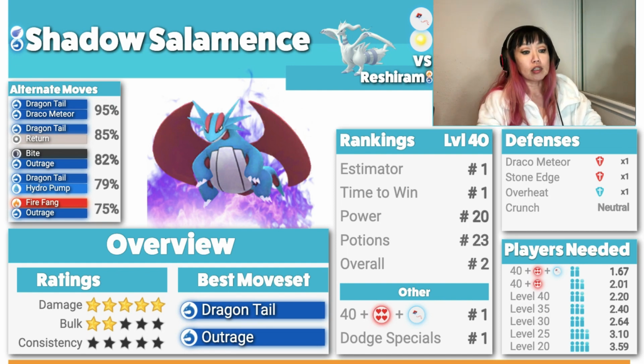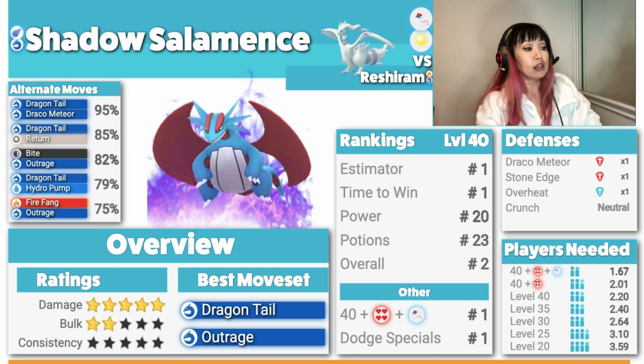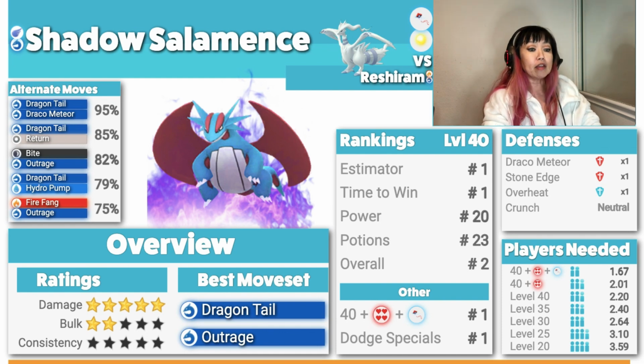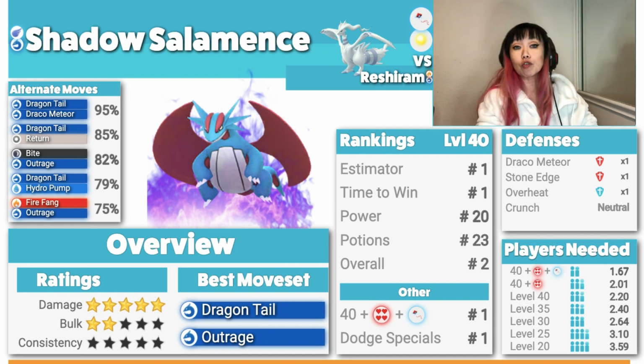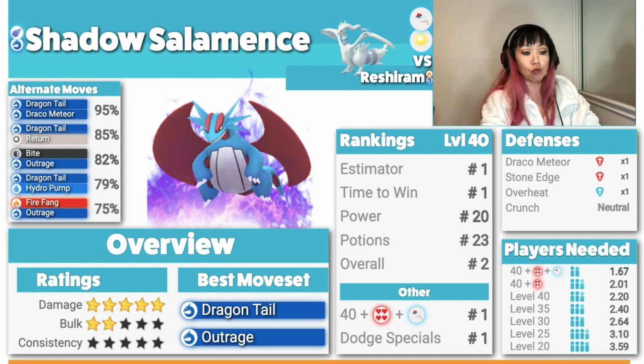So Stone Edge is a single weakness, because it's not just Salamence, it's Salamence, Dragonite, Rayquaza, they're all part Flying. So watch out for the Stone Edge, especially in partly cloudy weather, it's brutal. And Overheat is a single resistance because the Dragon resists Fire, and Crunch is neutral damage. So yes, Shadow Salamence will work, but